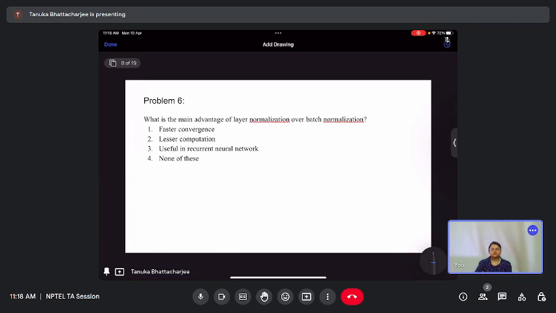Now, having said that, the next question is, what is the main advantage of layer normalization over batch normalization? Is it faster convergence, lesser computation, useful in recurrent neural network, or none of these? So as you already know, the main advantage of layer normalization over batch normalization is it is useful in recurrent